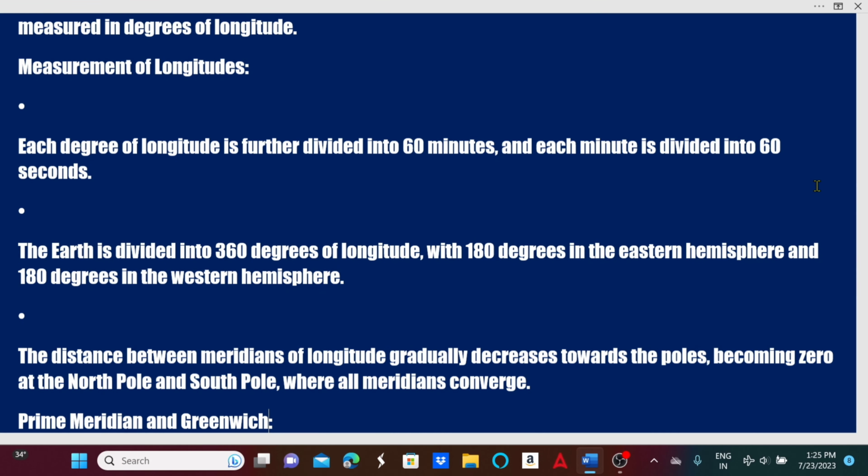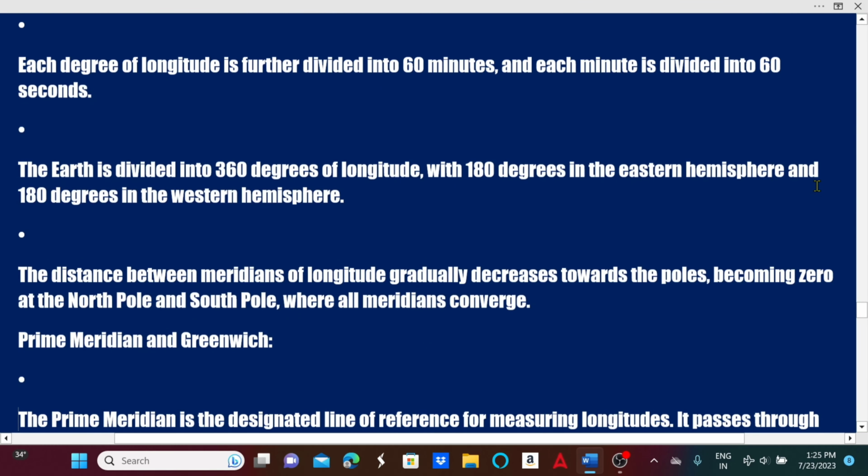Prime meridian and Greenwich. What is the prime meridian? Now we talk about the prime meridian. The prime meridian is nothing